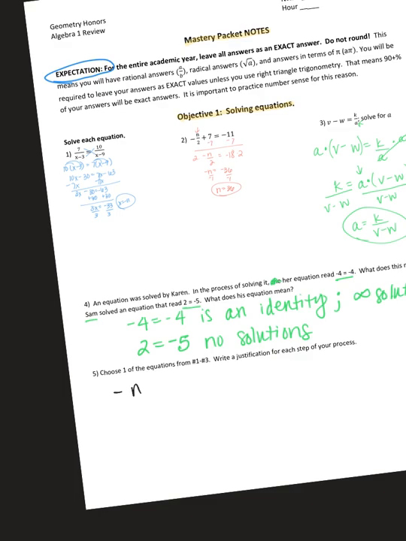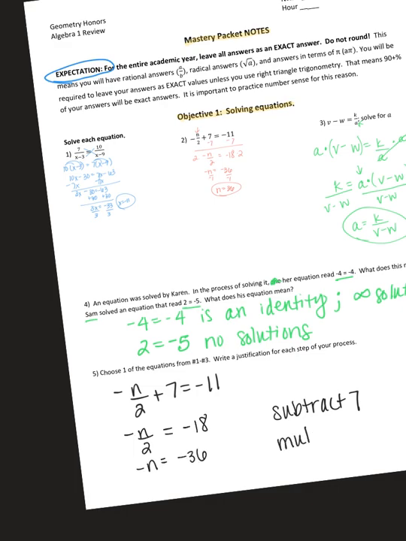So if negative n divided by 2 plus 7 equals negative 11, the first thing that we did was we subtracted 7. So after we subtract 7, we would get negative n over 2 equals negative 18. Okay, and that was true because we subtracted 7. Okay, then we're going to multiply both sides by 2, so we get negative n equals negative 36, and we're just going to explain here that we're multiplying both sides by 2,